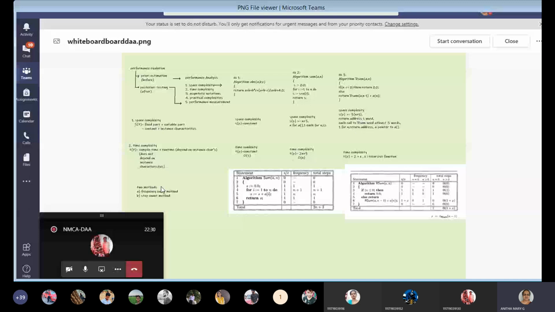So moving on to time complexity. Time is the combination of the compilation time and the runtime of the algorithm when it is implemented. Compilation time does not depend on the variable characteristics, so it is not given much consideration. Whereas runtime depends on the characteristics, how much time each statement takes. All that comes under runtime.